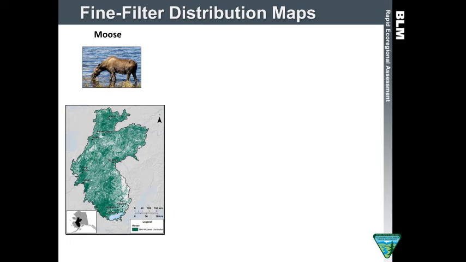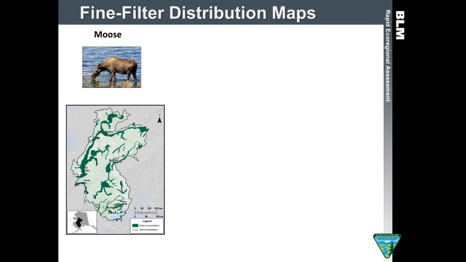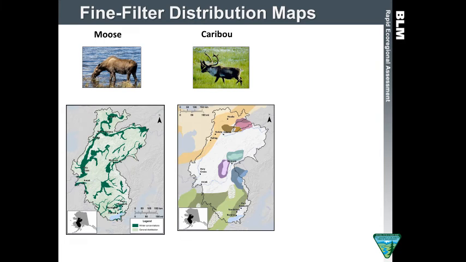You can see that they're widely distributed, but we know that moose also concentrate during certain times of the year, during foraging, or during the rut, or during winter, or during calving. So we also produced more specific distribution maps. And this is an example of moose during the winter season where they're concentrated in moose floodplains. So a different level, different scale of mapping.